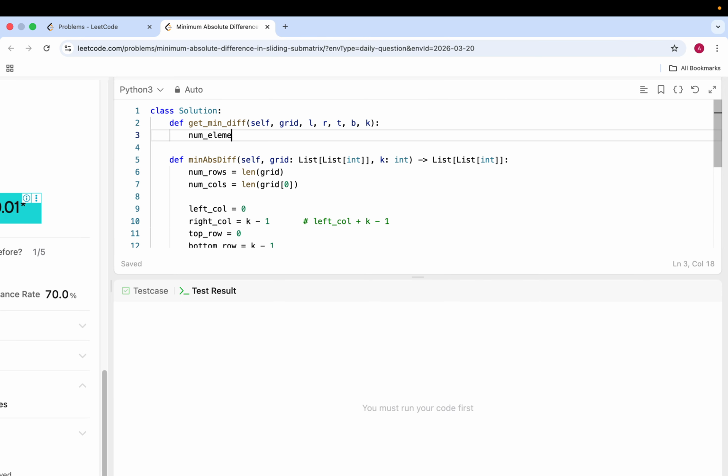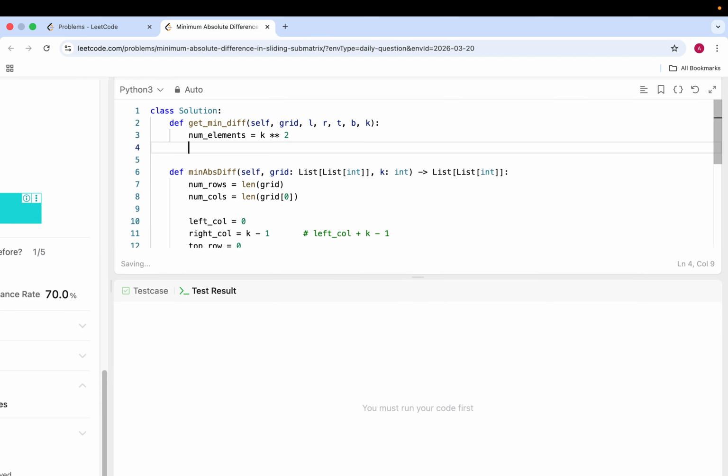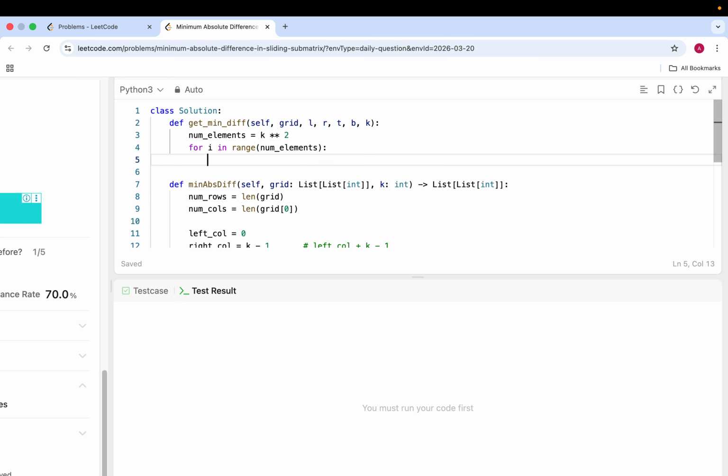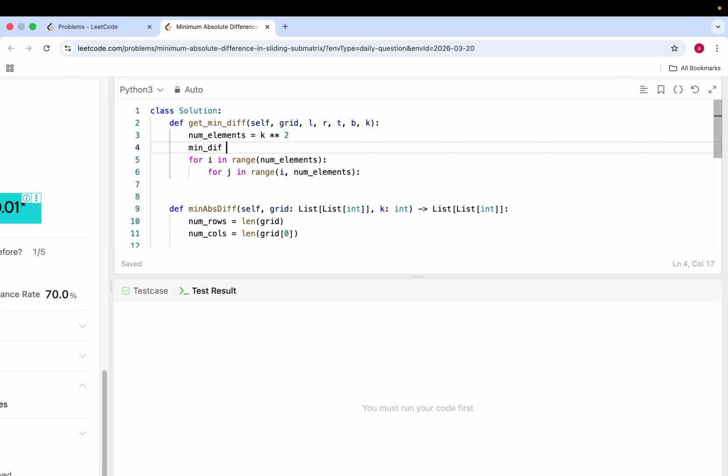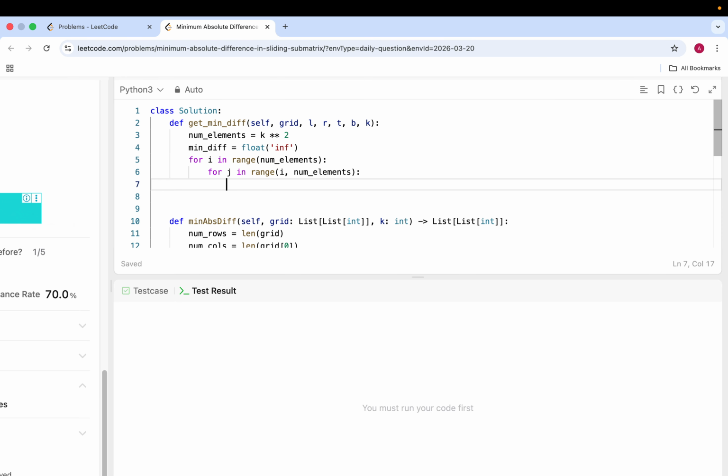The number of elements is equal to k squared, right? For i in range, num elements, for j in range, i up to the number of elements. This is just giving me a unique ID for each element. Min diff is equal to float of infinity. Min diff is equal to the minimum between min diff and the absolute difference between grid at, not ij, this is the issue, because ij is going to be 0, 1, 2, like that, but depending on where your L is,